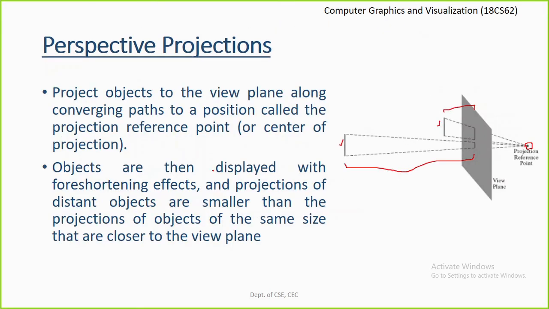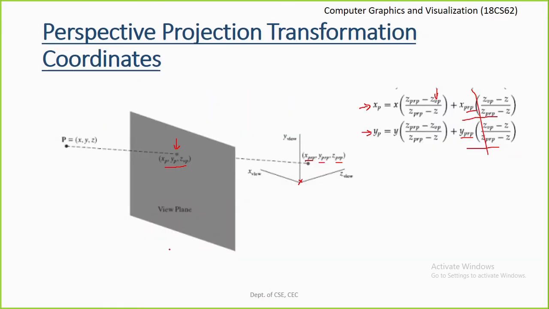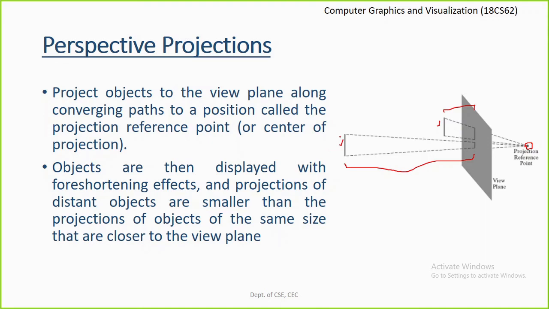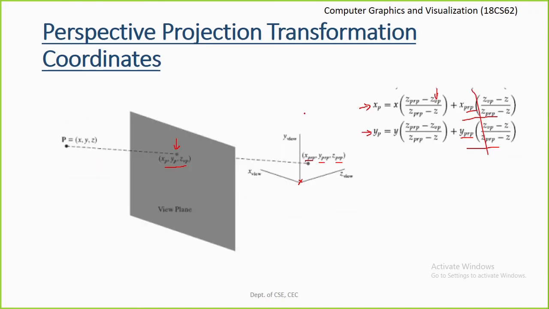Now if you look at this particular diagram here, what is the position of the view plane? The view plane will generally be placed in between a given object and its projection reference point, right? If you consider this line or any other object, the view plane will generally be placed between the projection reference point and the object. But is it mandatory? There is no such compulsion. The view plane can be placed anywhere, but generally it will be placed in between the object and the projection reference point. Now what happens if the projection reference point is between the given object and the view plane?